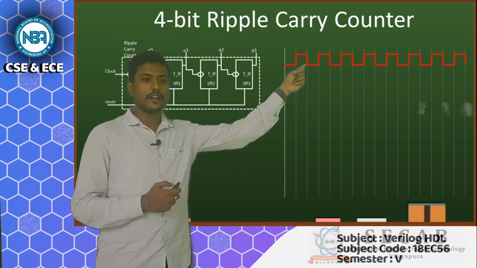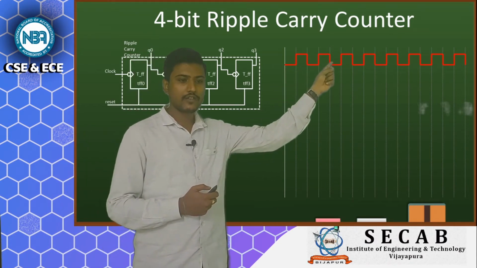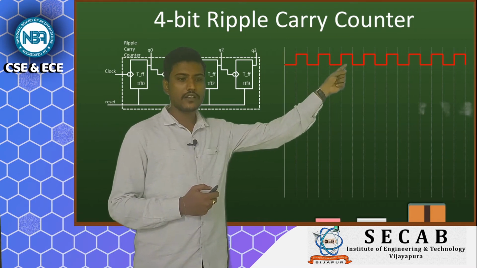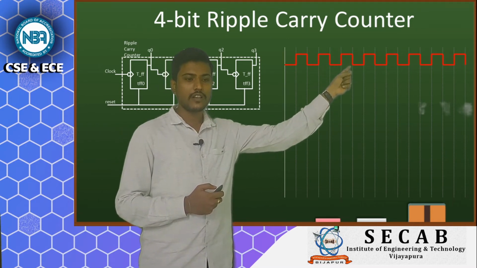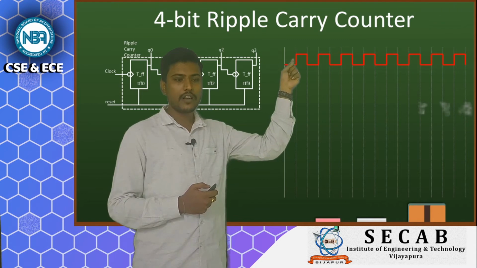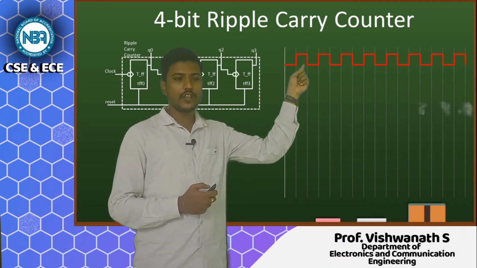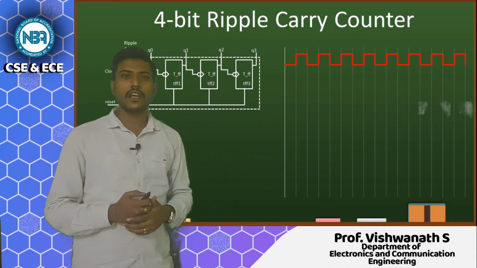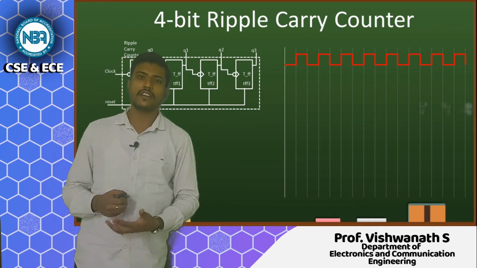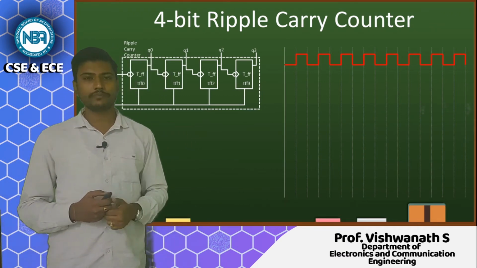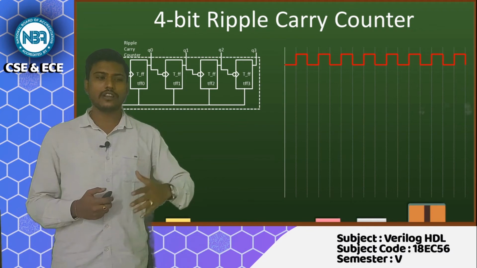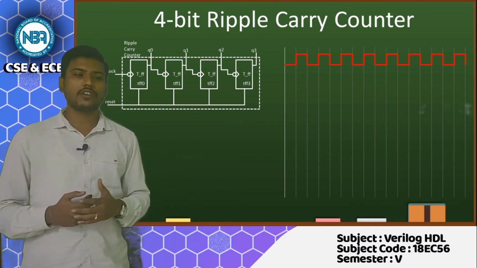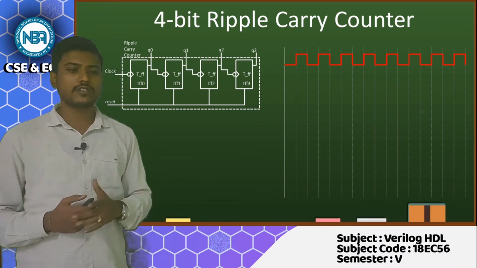Okay. And next triggering point will be where? It is going to be here, and the next triggering point will be here. Only when it goes from high to low, at that particular time, your flip flops will be triggered and the output will be driven. Okay. Rest all the time the outputs will remain what? The outputs will remain constant.